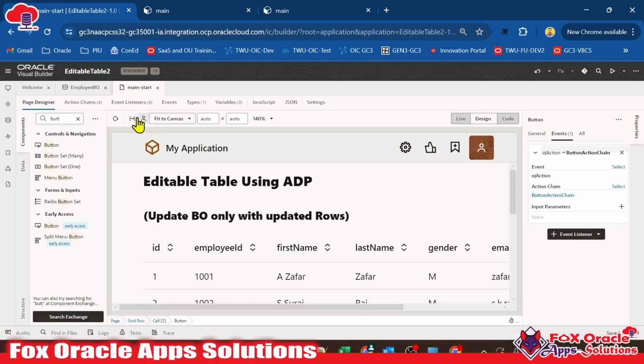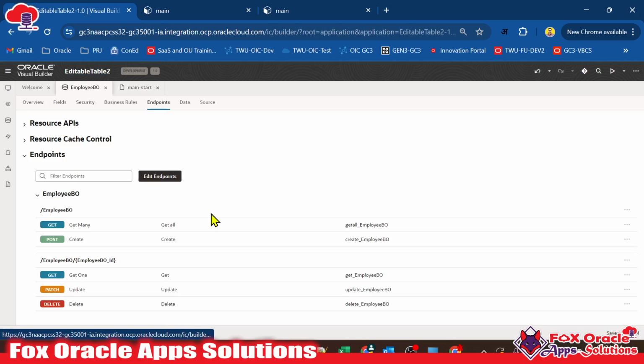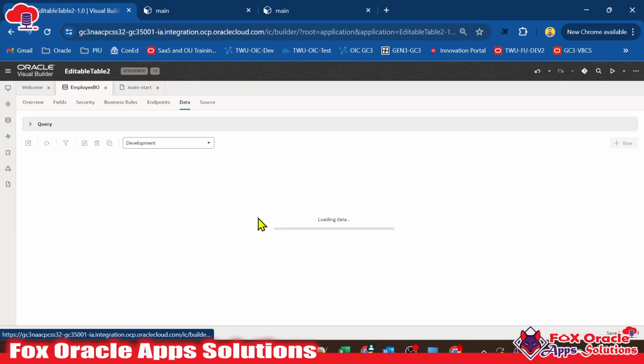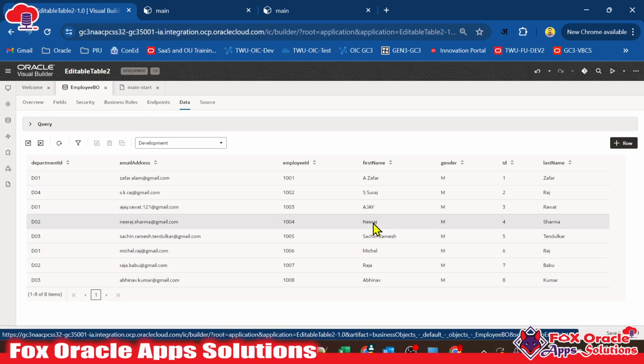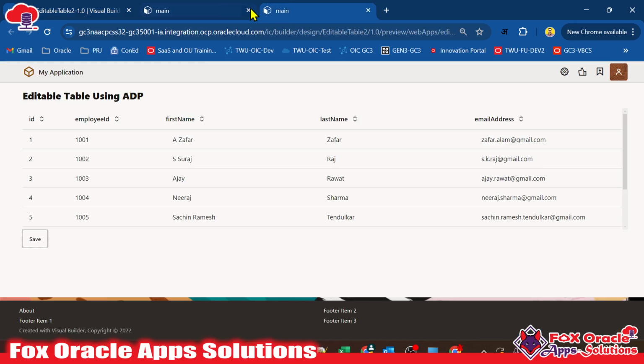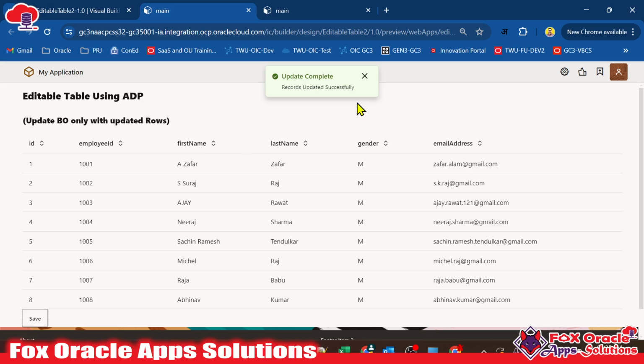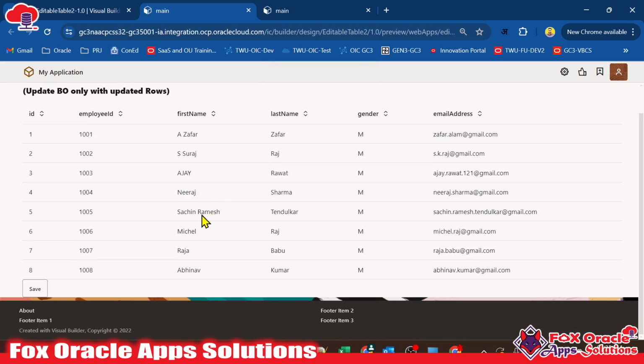Go to the business object here. If you go to the business object, go to the data, you will be able to see the Ajay in capital letter. You can see Ajay, and the email you can see 121. And here you can see the main changes for which we have done this development. Now this time if you do the changes in Sachin, Ramesh, I will go to the changes in Michael and make it Michael, Michael capital. Go to the changes in Raja,